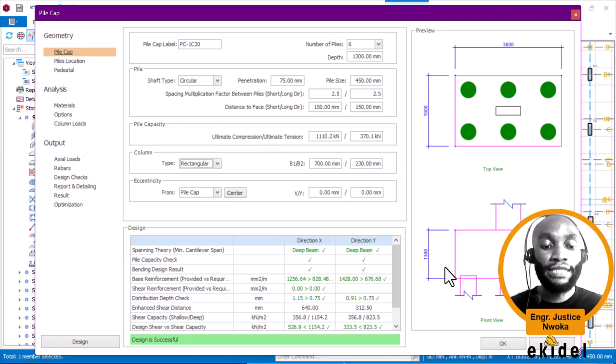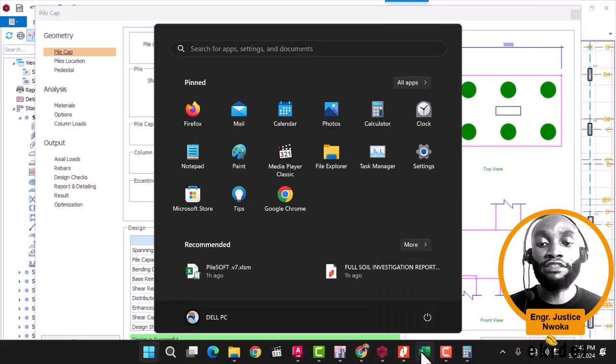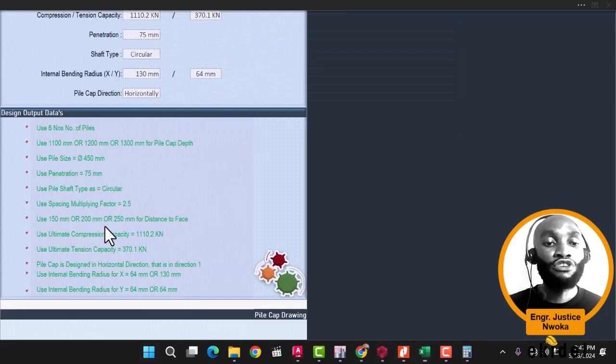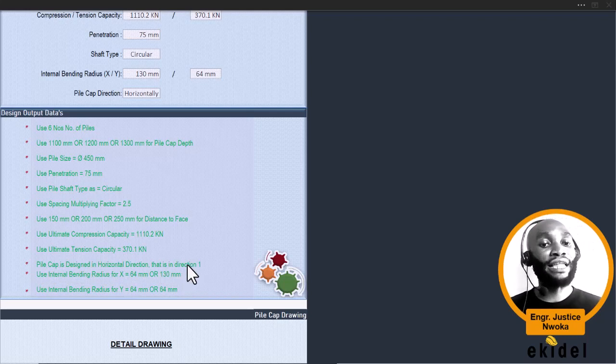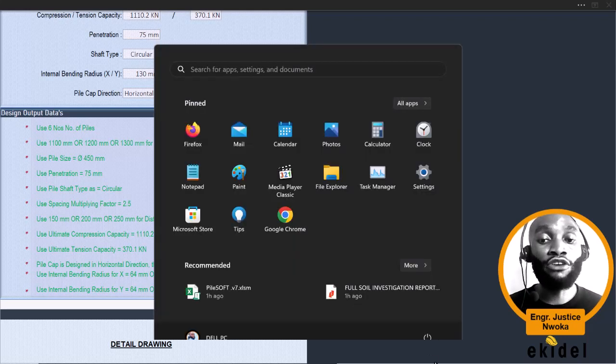The next thing, go to our PileSoft again. From the PileSoft, we have now inputted these two values. The next thing we have is to do the pile cap is designed horizontally. That is in direction 1. So we have to make sure that it is in direction 1, and that is gotten from this place here,